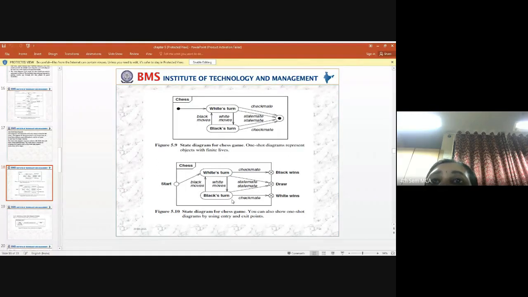With respect to the previous diagram, we have a difference here. What we are using here is the destruction of the object. Once all the states have been reached, we are going to destroy the object. So how can we do that?